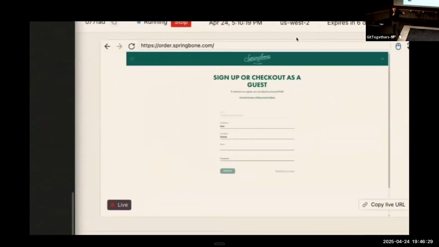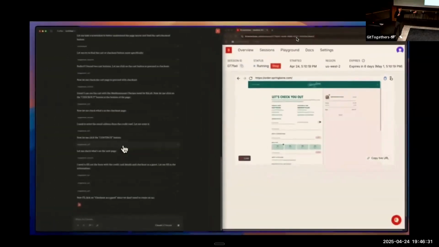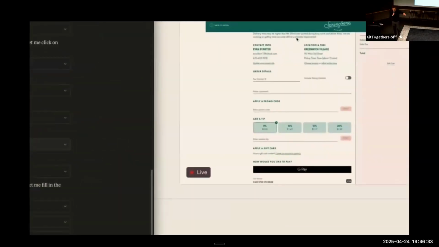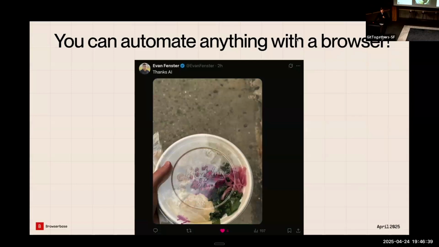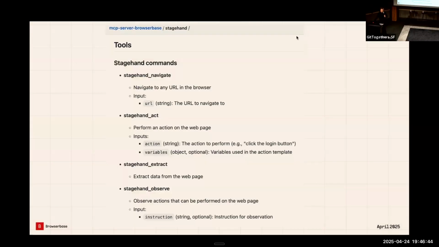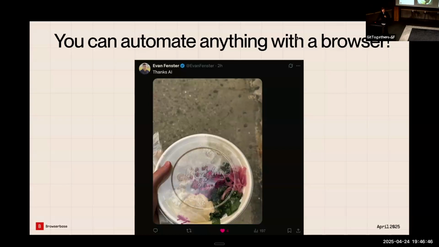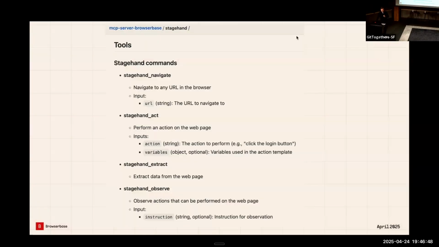You can see here his agent is controlling the browser with MCP. It's filling in an actual credit card. Don't use that. Just kidding. It was deactivated. And it's going to go buy him his lunch. And of course, MCP servers are definitely helping people cook, or at least not cook in this case, right?